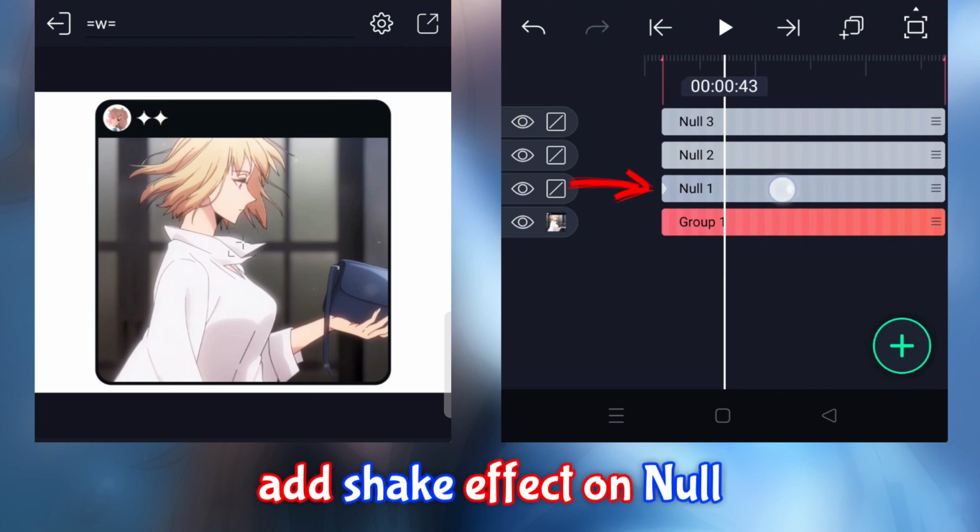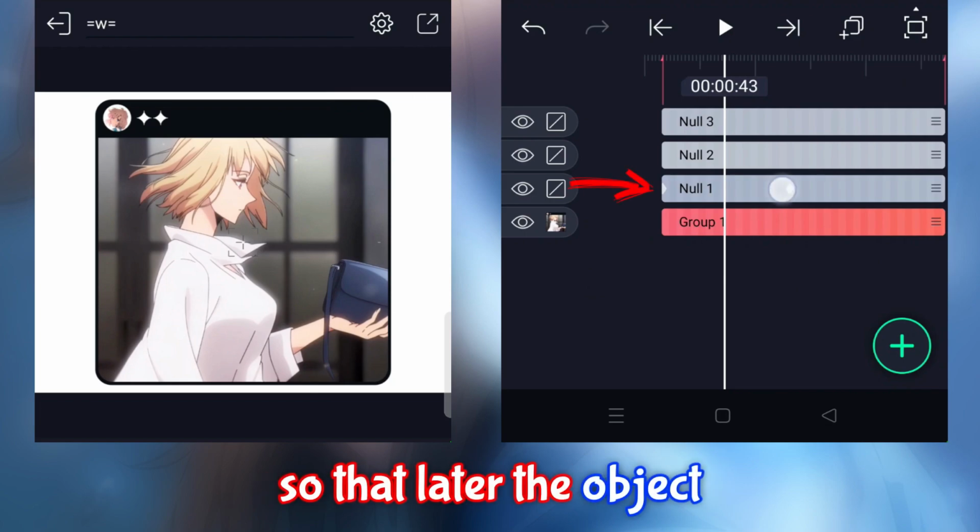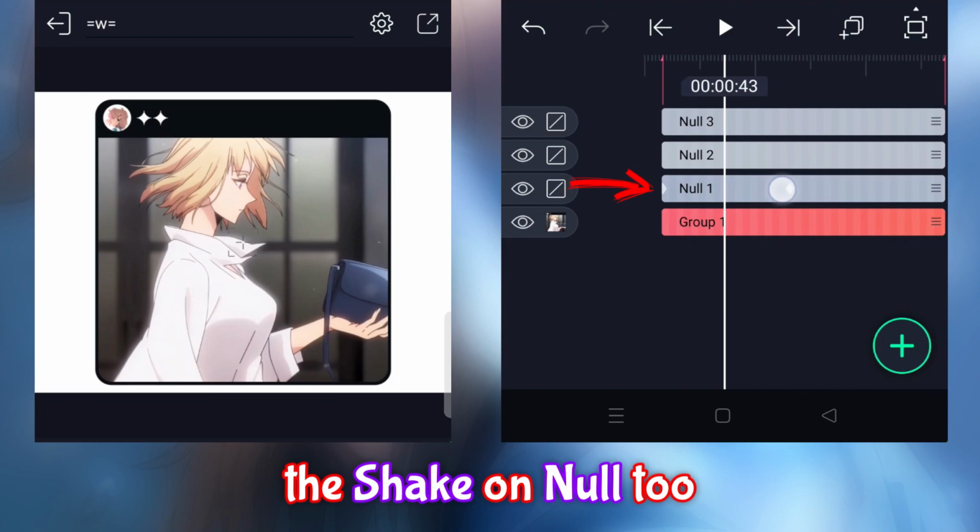Add shake effect on null, so that later the object that will be added will follow the shake on null too.